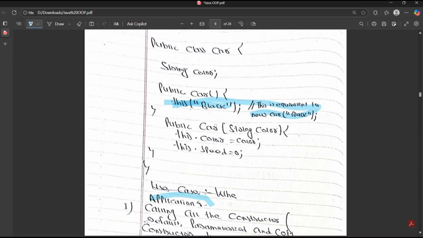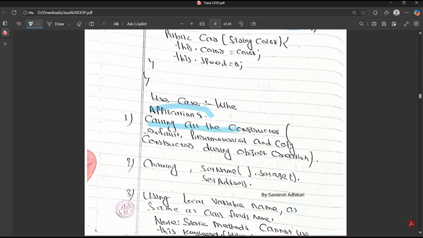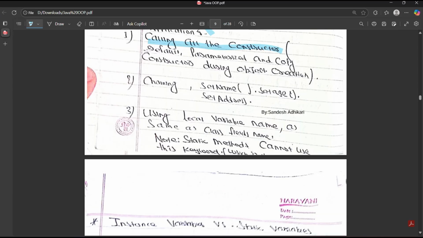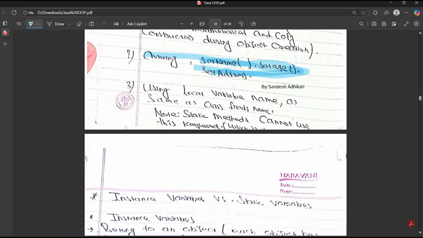Okay, so all the calls can be made at the same time. Chaining, so you can actually chain. We can use an expression like setName.setAge.setAddress, because setName is actually returning the same object, and for the same object we are using setAge, and setAge is again returning the same object, and for that object we are using